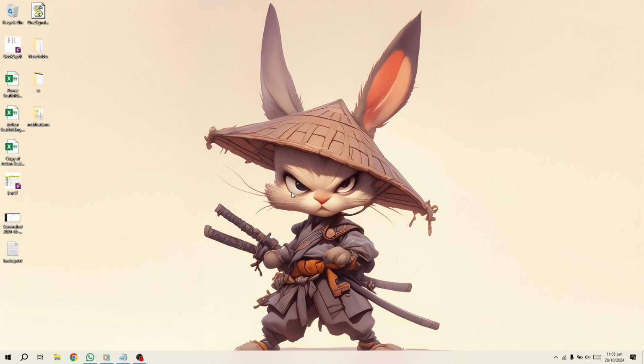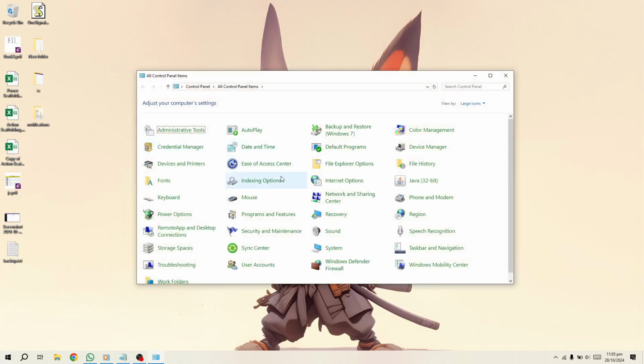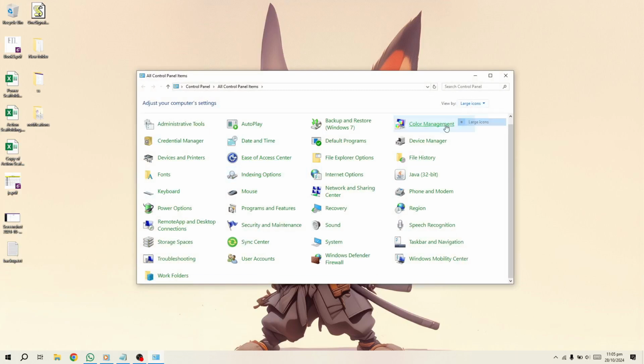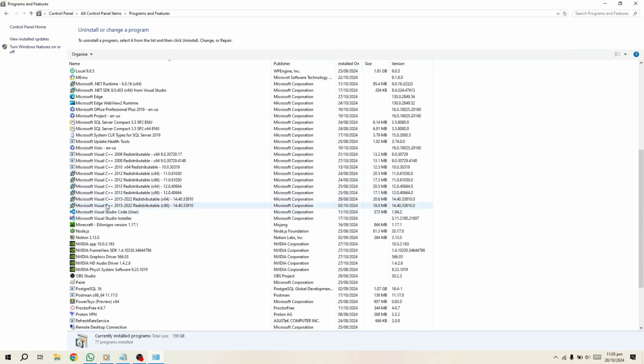To start, open the search menu, type in Control Panel and select it from the results. Once in Control Panel, set View By to large icons, then select the Programs section. From there, choose Programs and Features. Find the Microsoft Visual C++